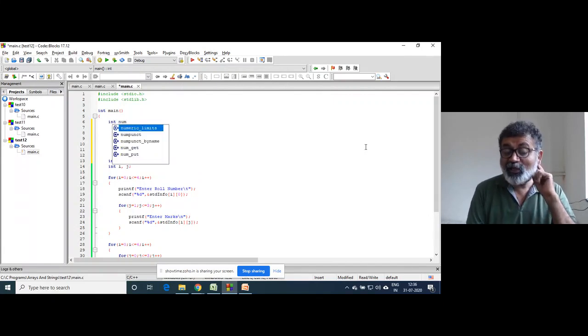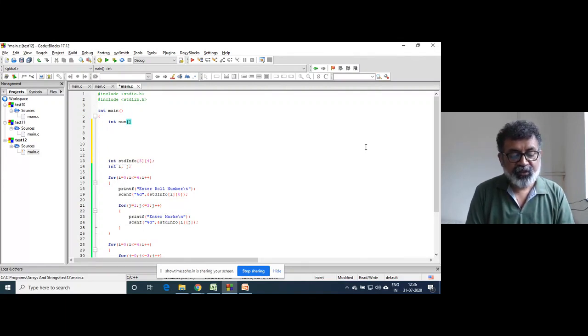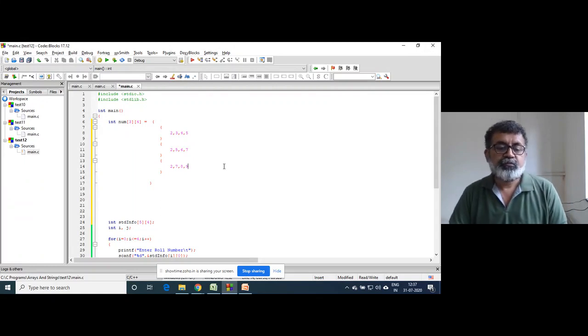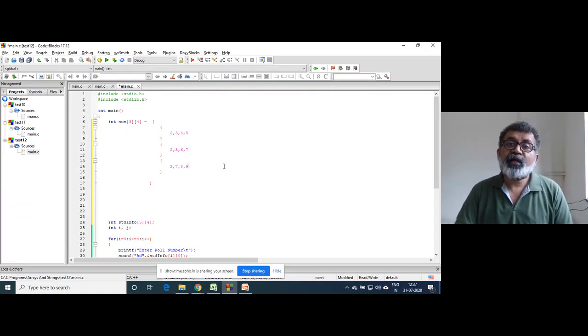Here, this is not part of this program. A double dimensional array, how to initialize, I didn't tell you, right? Suppose there are 3 rows and 4 columns. This is how a double dimensional array is initialized. Okay, this is one way.